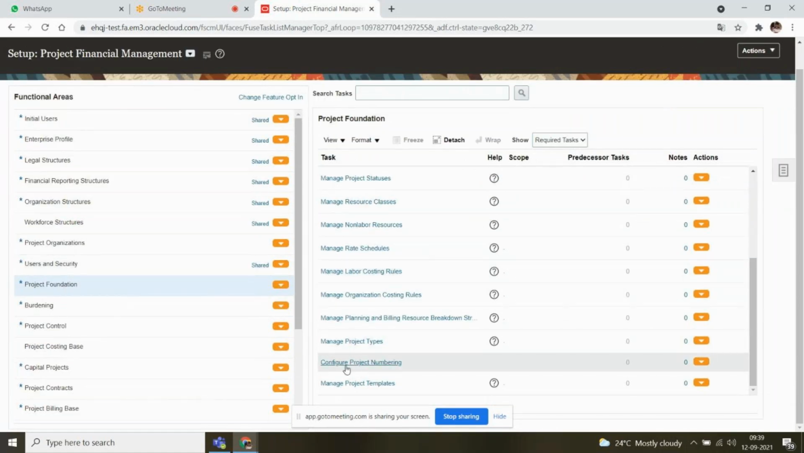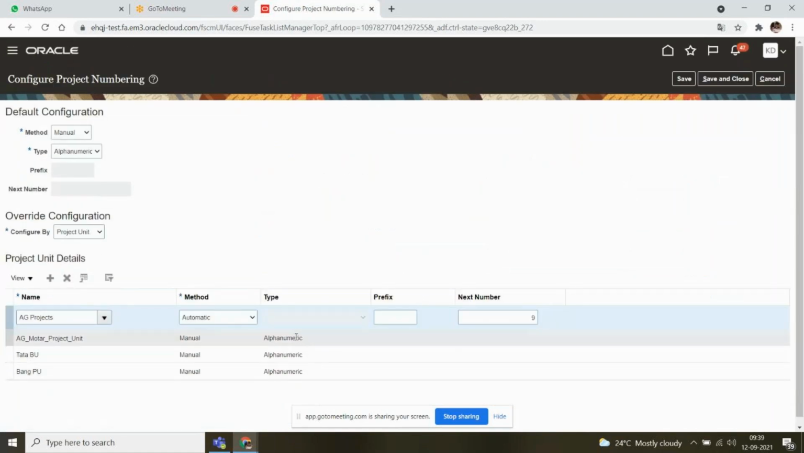If you come here, project numbering, configure project numbering, within here, if we don't enable the flexibly feature option, then you can enable project numbering only at the project unit level, right? But if you opt for that special feature, then you can configure your project numbering at different levels like business unit, project type, project unit, right? So for example, you are having multiple business units and you want to configure your project numbering based upon